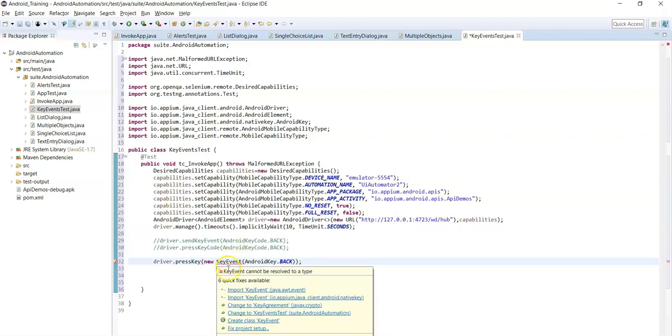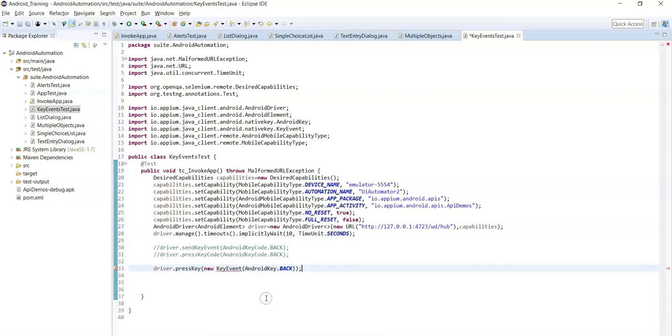Just import this KeyEvent class from Appium. That's it. In the latest version they have provided the press key method to handle key events.